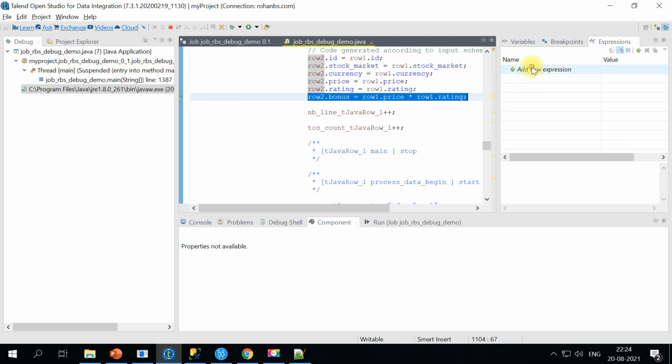The next thing is we can add these variables here, so this column value will be printed here. This is under expression. Go ahead and just type in row 1 price and then the rating. We have added, in my case it's only two.